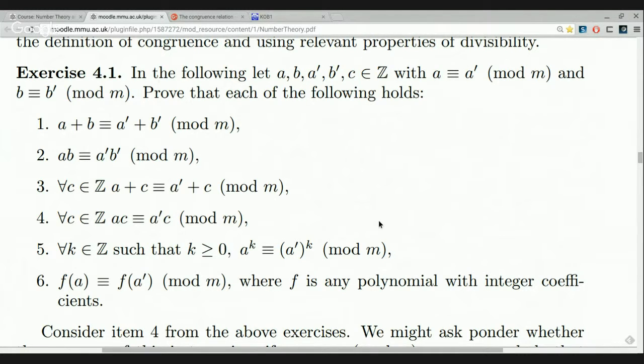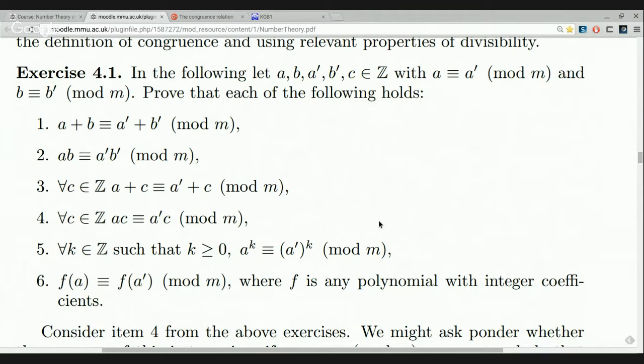Actually, these exercises 4.1 are a staged set of exercises leading up to this final result. So we should look at the final result first. What we'd like to prove and establish is that if you've got any polynomial f with integer coefficients, so the coefficients of the polynomial are integers, then it's always going to be the case that if you evaluate the polynomial at A, and if you evaluate it at A prime,